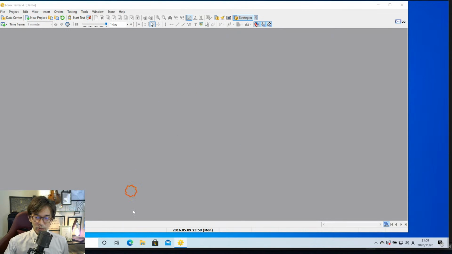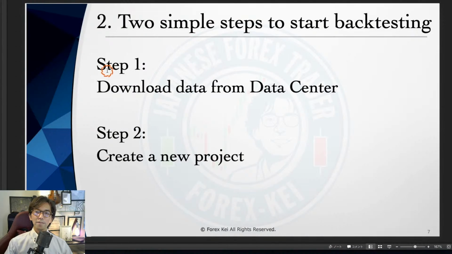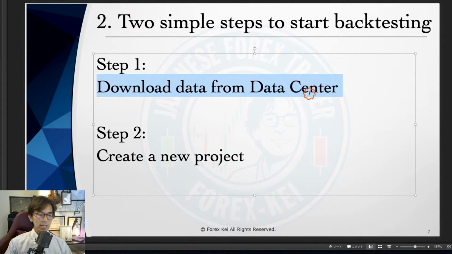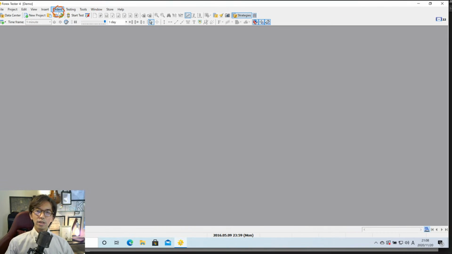Alright, so let's see. So here is the screen. This is the initial screen that you will be seeing. So let me enlarge this like this. Okay, and so first step that you have to take is download the data from the data center, because as soon as you open the Forex Tester, there is no data. So hold on, let me see. There you go. So here you have the data center here,